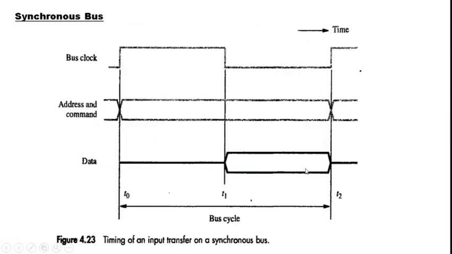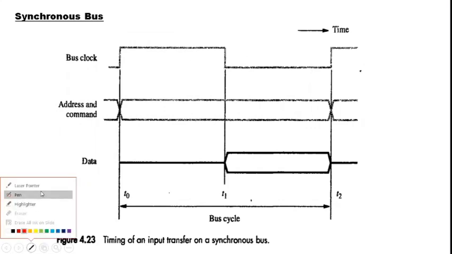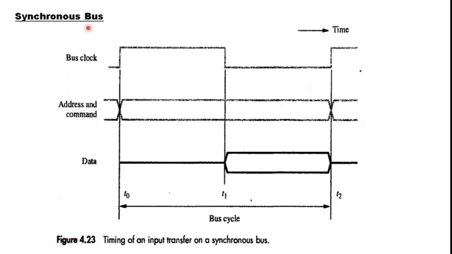The first category is the synchronous bus. As the name indicates, the components will be acting or responding to each other's attempts to interact in a synchronized manner. That is, there will be some mechanism that synchronizes the interaction between these components. Here that mechanism is a signal known as the clock, the bus clock.